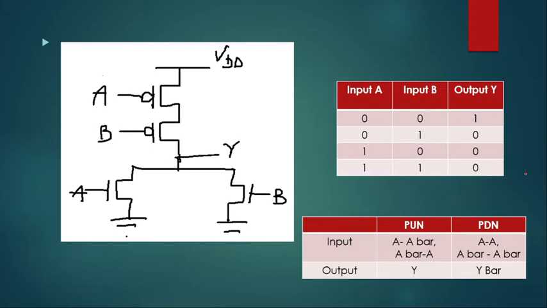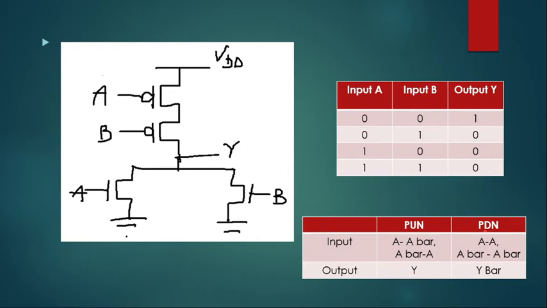So this is your CMOS structure for the NOR gate. How we are going to get it, I will explain in the next topic. Here you can see the truth table of the NOR gate again, which we are going to verify at the end of the implementation. I have already discussed these rules in the previous lecture of my CMOS implementation. If you have not seen that video, please go through it once so that you will be able to understand this one more properly.